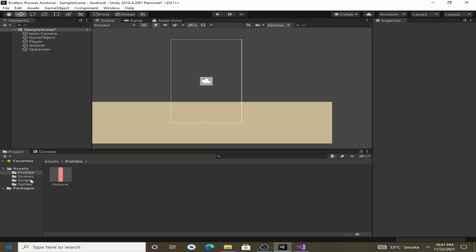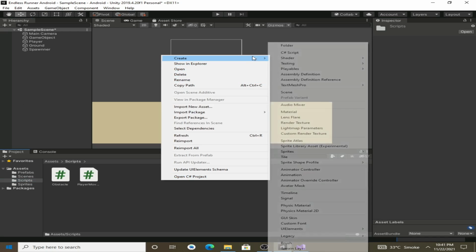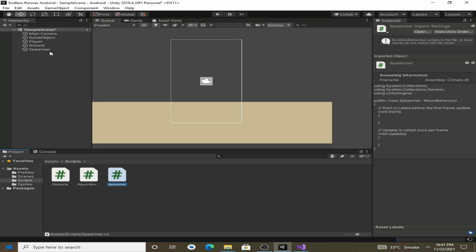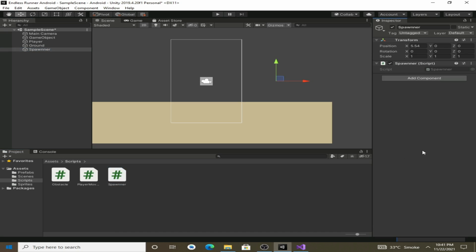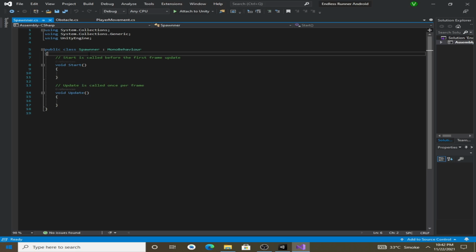Create a new C# script and call it spawner and hit enter, and click on the spawner and drag and drop the script to it, and now double click on the spawner script to open it in Visual Studio.